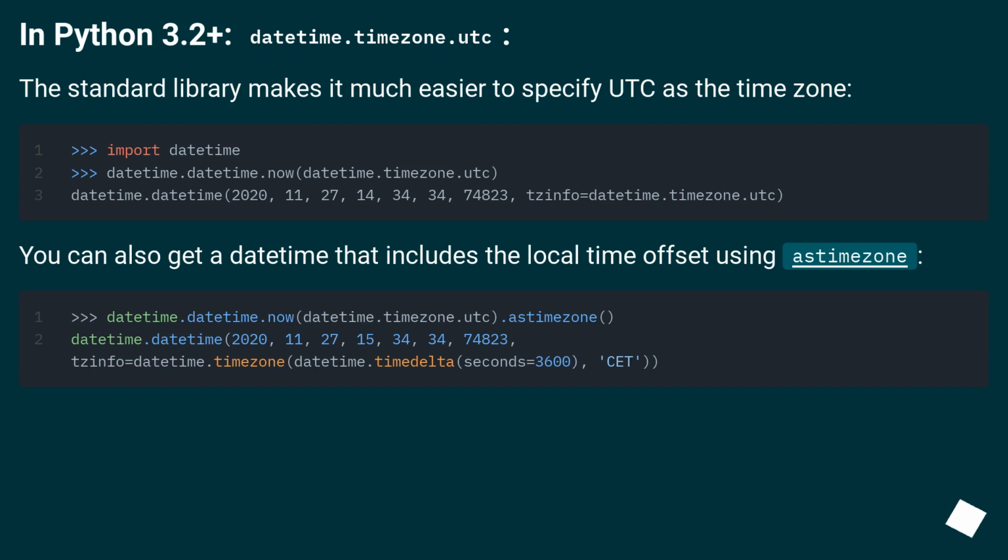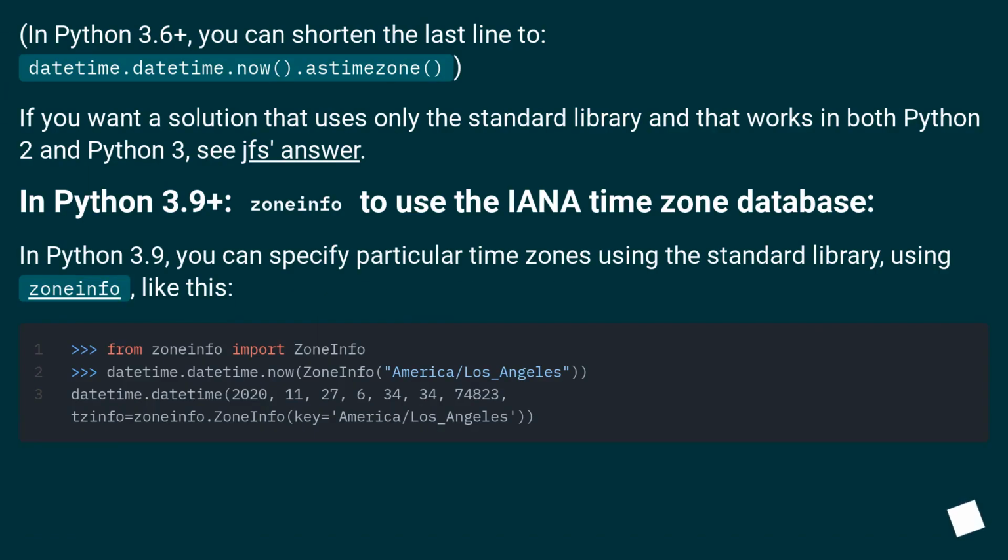In Python 3.2+, datetime.timezone.utc. The standard library makes it much easier to specify UTC as the time zone. You can also get a datetime that includes the local time offset using timezone. In Python 3.6+, you can shorten the last line to